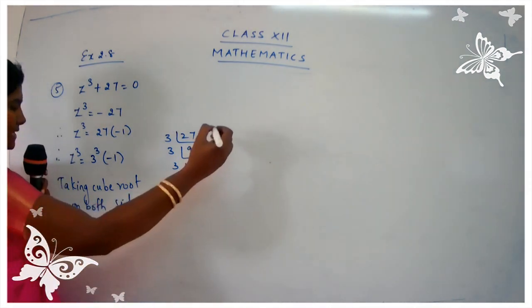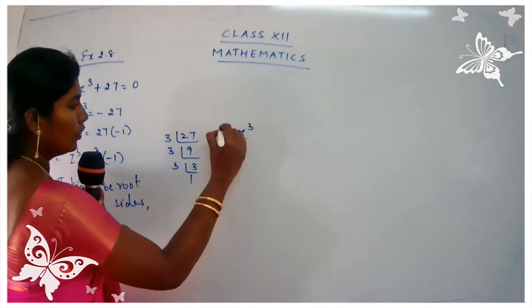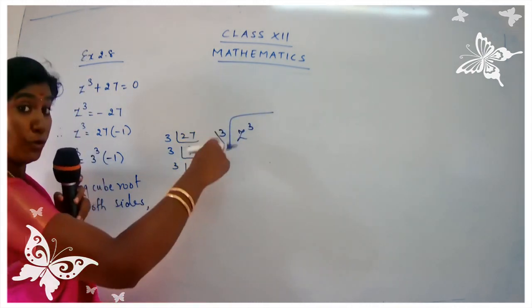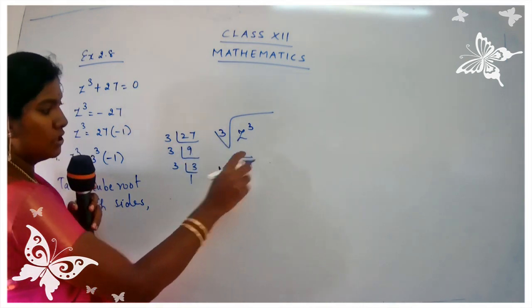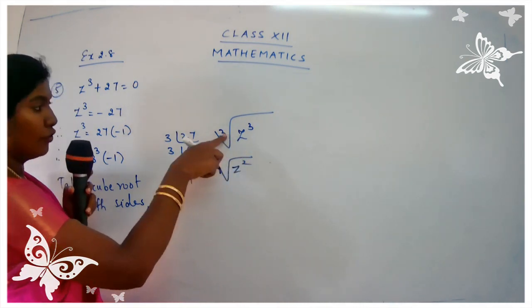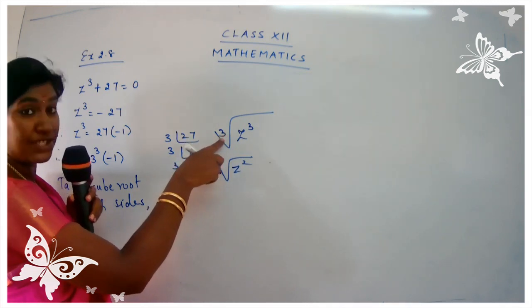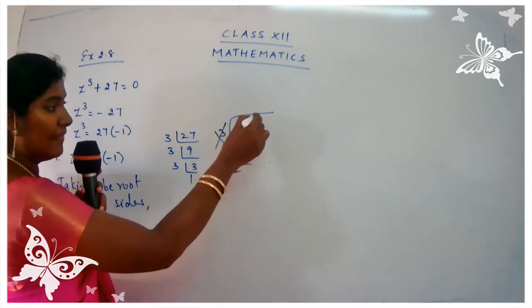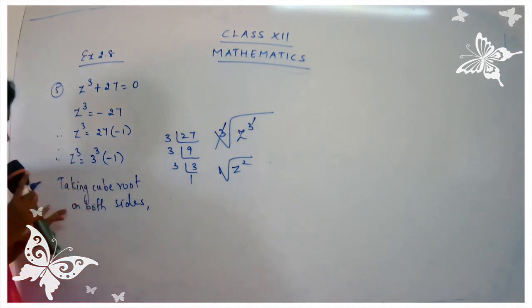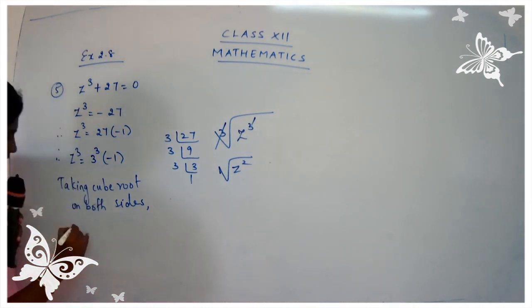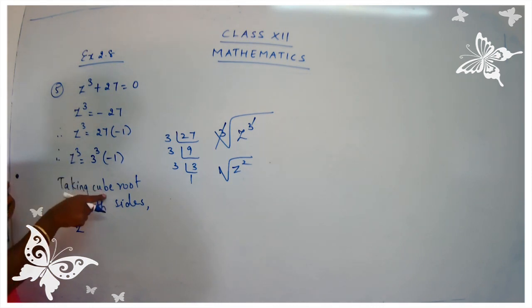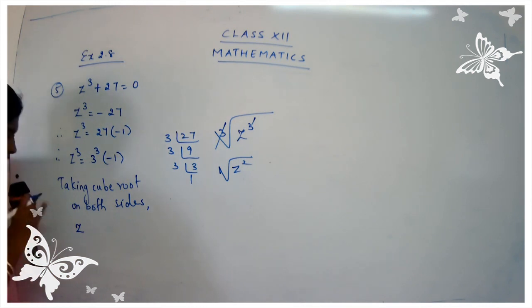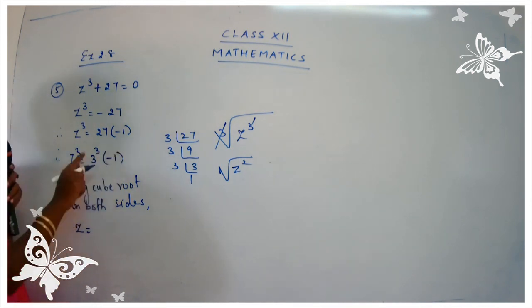Actually, cube root is like this. See here children, I am just writing the step over here. Cube root means you have to put 3 like this. For square root we don't mention anything, we just put square root of z square. For cube root, what comes here? It's 3. So the 3 and the 3 get cancelled and z will be left. So write down here z. I have taken the cube root for the LHS side and I get the answer as z. Okay, now I am going to take the cube root for both the numbers.